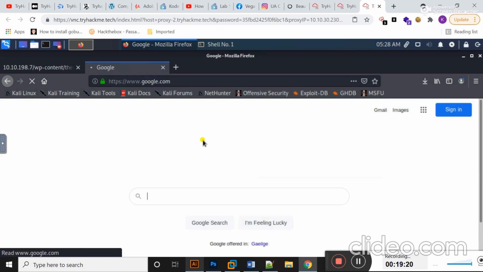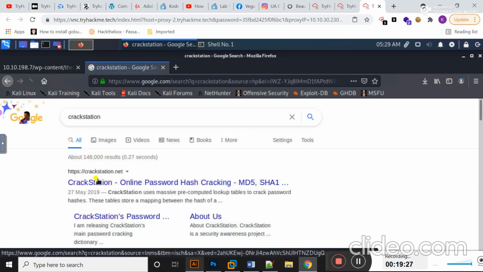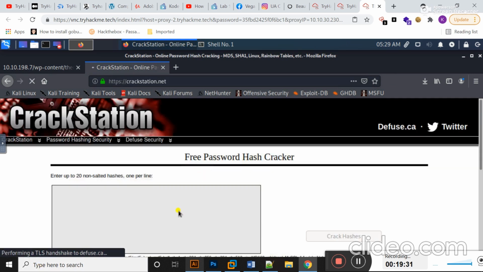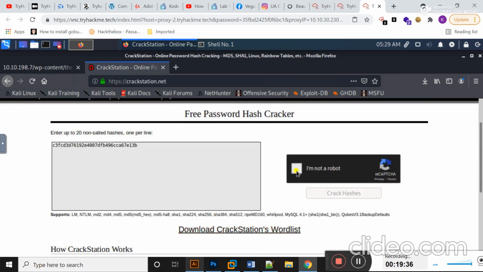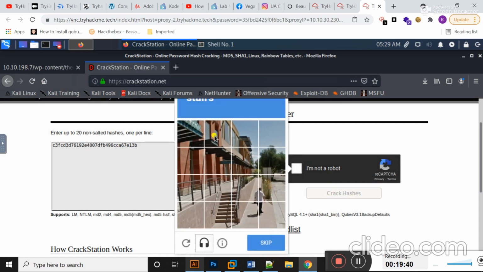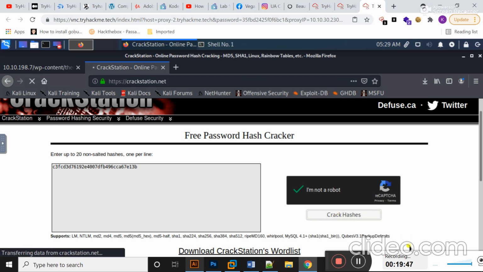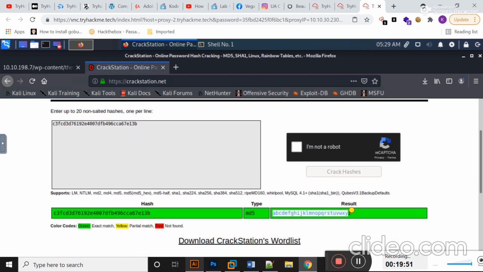I'm going to paste the hash value here. Here you can see the result is present.